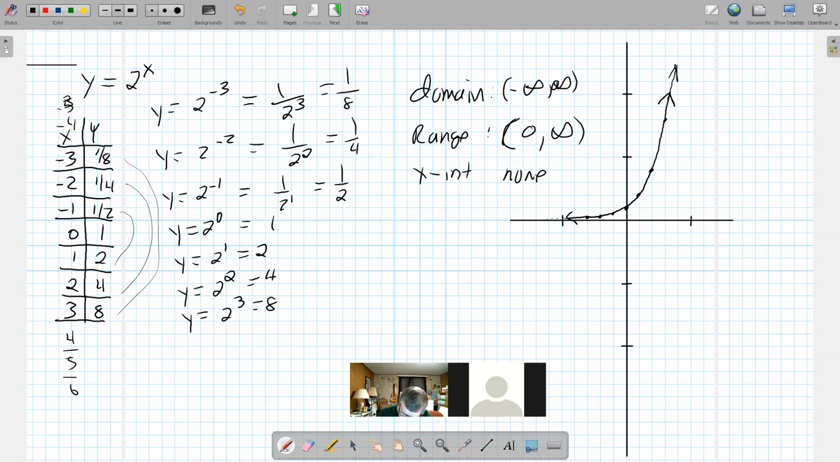There are none, are there? Because it doesn't cross the x-axis. The y-intercept would be at (0, 1). And we also say that this thing is increasing